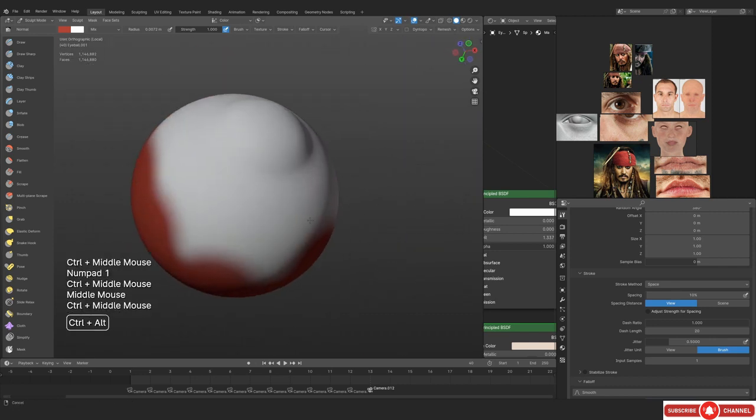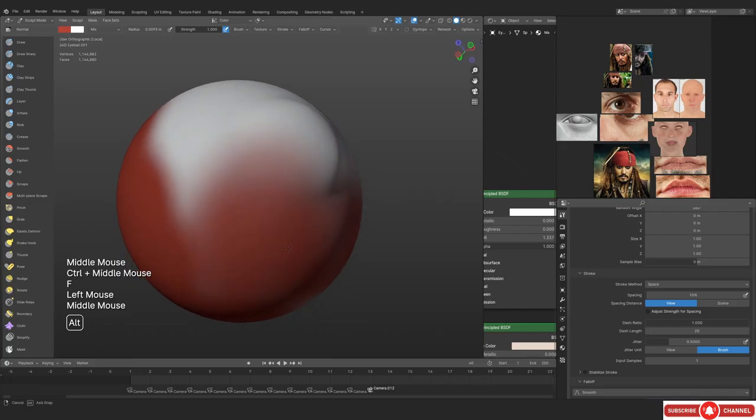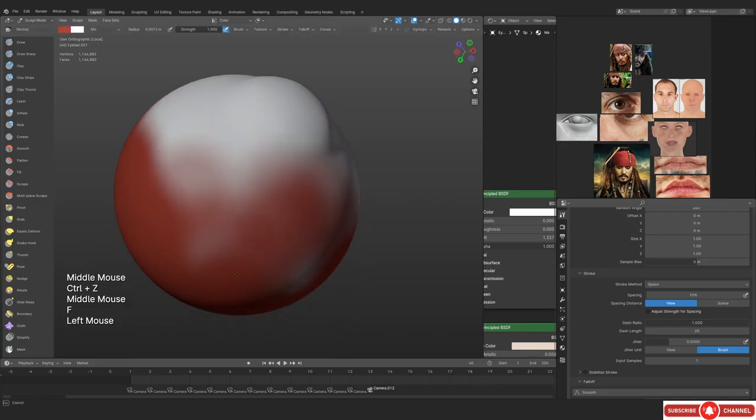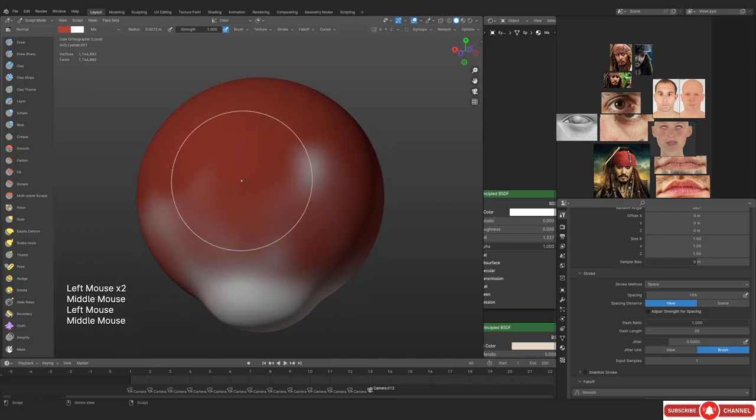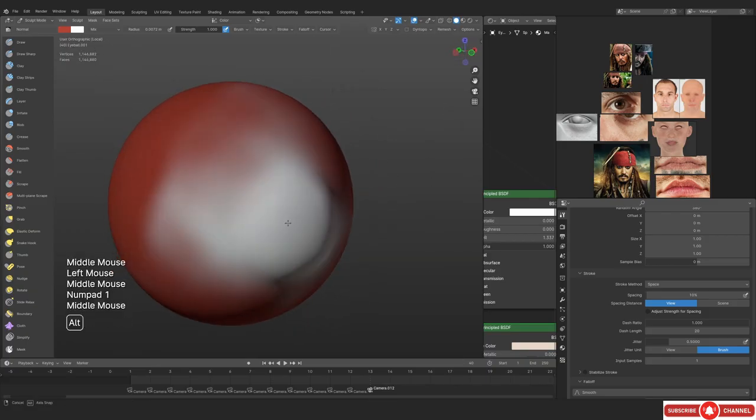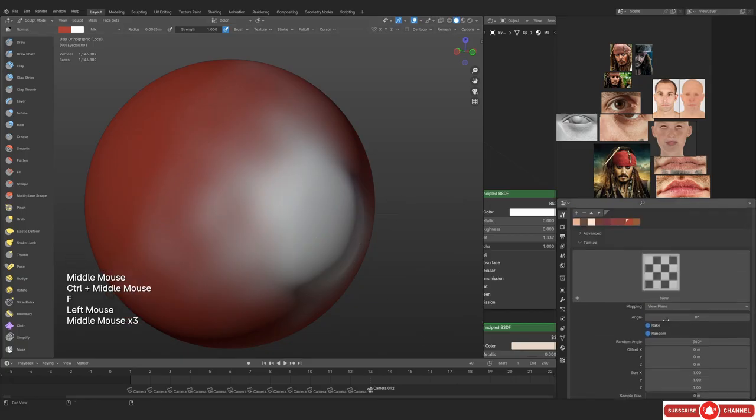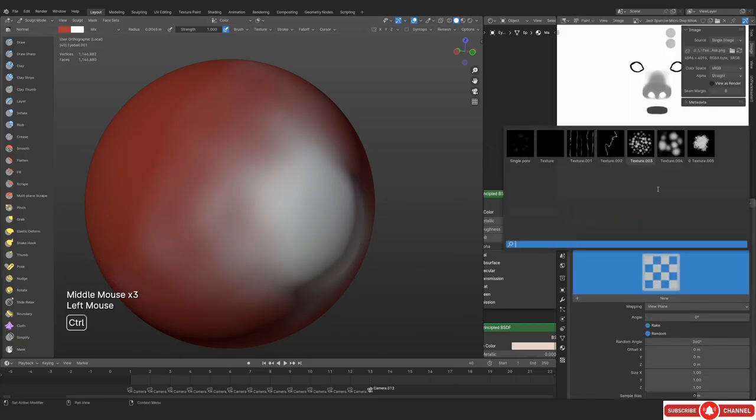So I am gonna be painting the whole eyeball red first. And it might feel a little bit weird, like you can say, why would you wanna go whole red? Well, first thing first, we wanna make sure that the tone of the red is correct. That is the first priority.